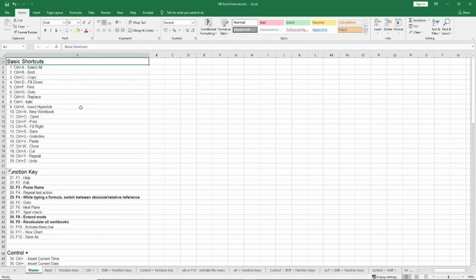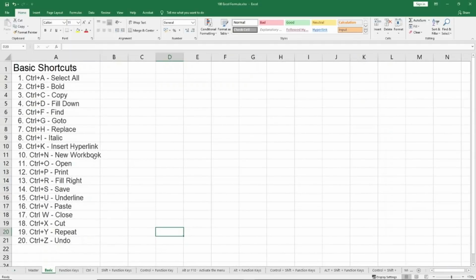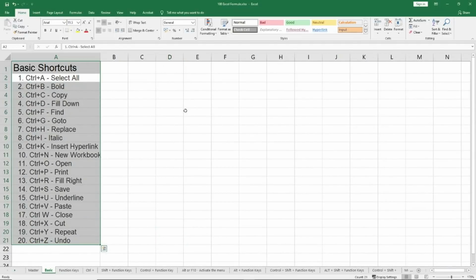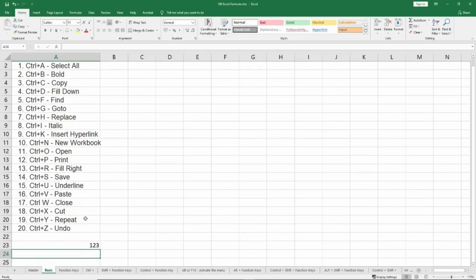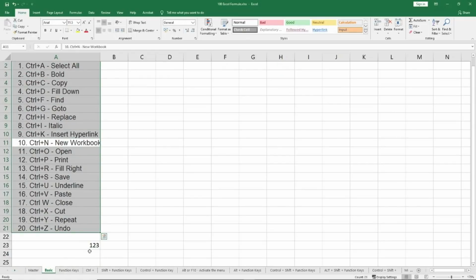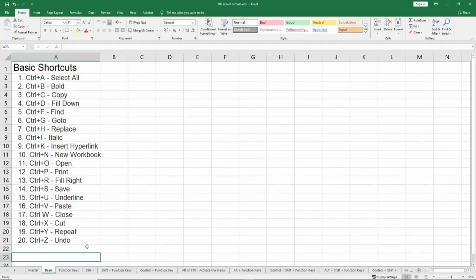So let's start. The basic shortcuts. I'll go to this sheet. Here, these are my basic shortcuts. So in basic shortcuts, Control A, I'm sure everyone would know this is to basically select all. What it selects is anything which is within the area when there is no break, which means if I have something here, for example this, and I go here and press Control A, it will not select 1, 2, 3 because that is after a break. I'll delete this, move on to the next one.